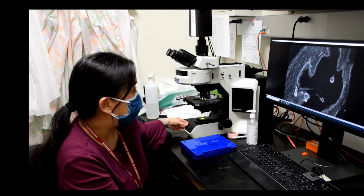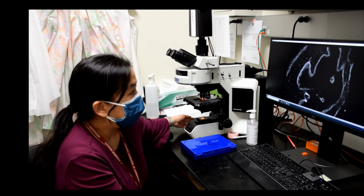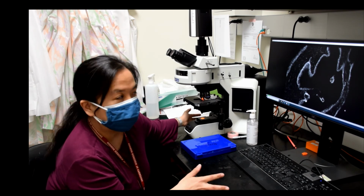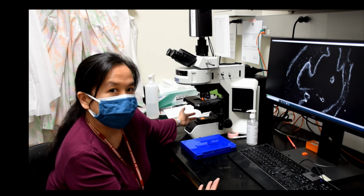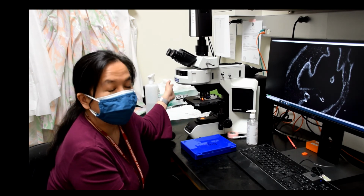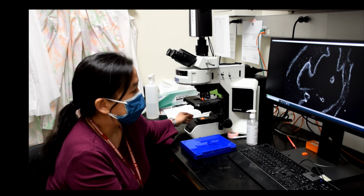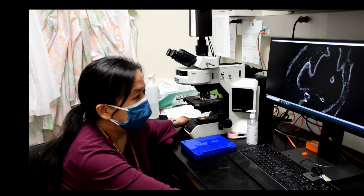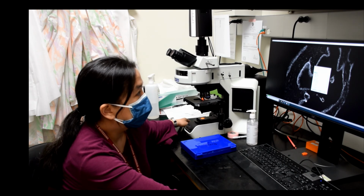And the very last channel that we have on this particular slide is called Cy5. And what's interesting about this is if you don't look at this channel under the microscope, you won't be able to see this wavelength of light by eye alone. So when we stain with this color, you have to look at it through the camera of the microscope, otherwise you wouldn't be able to see it. So these are the channels that we have here, and with this microscope we can take an image of all of these channels together,